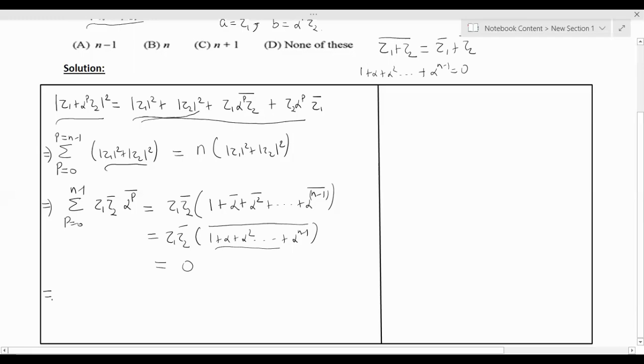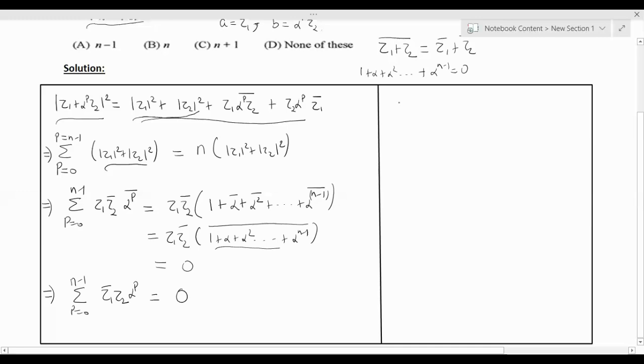If you observe this carefully, you don't even have to pick up the pen to prove it for the fourth term, which is again after applying summation from p equals 0 to n minus 1. Observe this carefully: z1, z2 conjugate, and then you will have alpha power p. When you put the values of p, again you will get the sum of the nth roots of unity. So you will again get the value equal to 0. So we simplified all four terms. So what do we have here now?